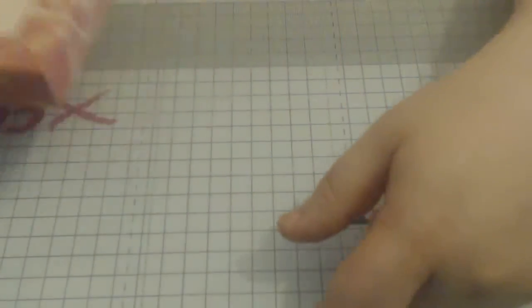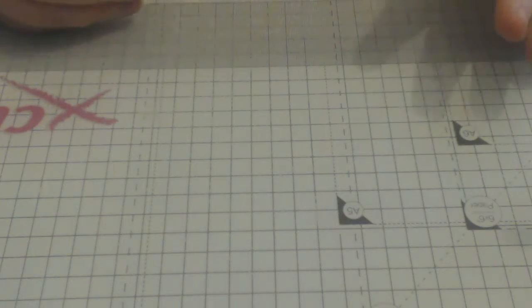Okay. Now, because I've done it a few times and because I've been interrupted, I'm not going through the process in full again. So I've got it like this, and I think this is probably easier to show you anyway. If I just tilt you down a bit. So what you're going to do is, the grey lines are score lines, alright? So you score